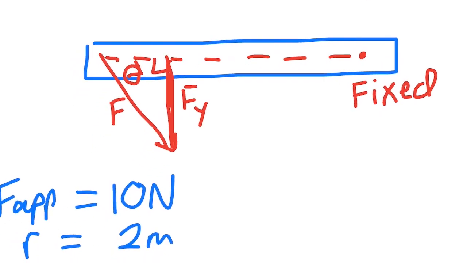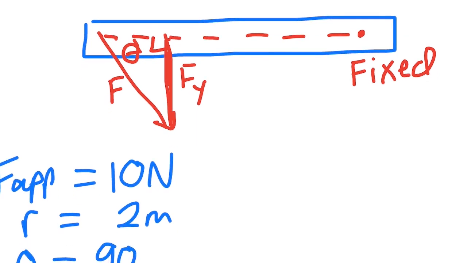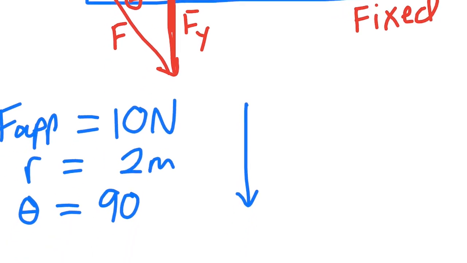And in this case, directionally, we're going to say that we have a theta value of 90. So that means you're applying your force, let's say we apply it straight down. So we'll still use this same example with our door handle. We're applying a force straight down. So if you're asked torque,